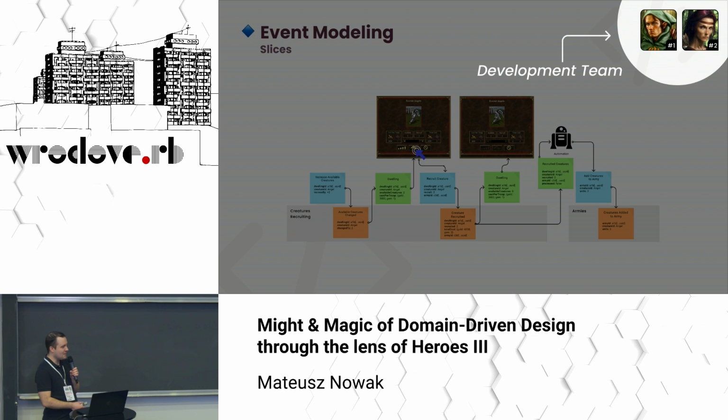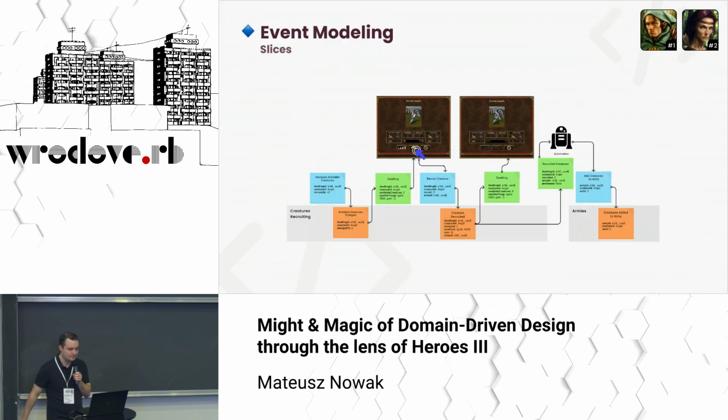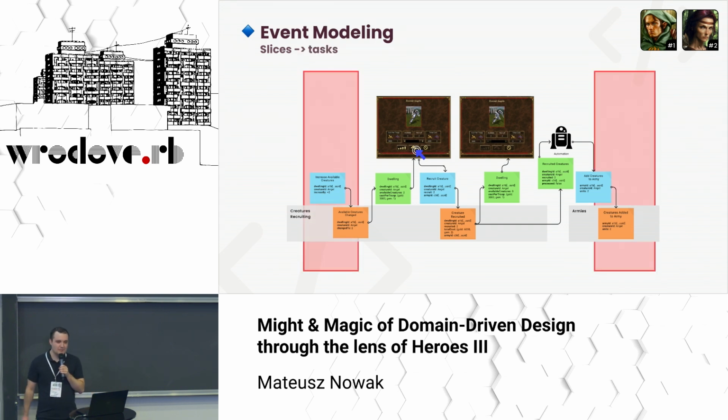And now, please welcome our development team. Now we must organize their work. We have 2 developers, so not a big team, but a huge challenge. To meet the project deadline, it would be nice to split the work into independent parts that can be done in parallel. So we are going to split the event modeling into slices. Every slice will be a separate unit of work, which can be done by one developer. If your company uses Jira, you may always refer to a slice in a task if your management really needs that.